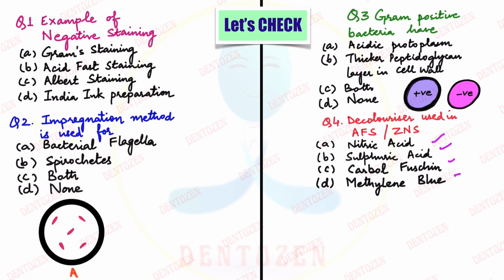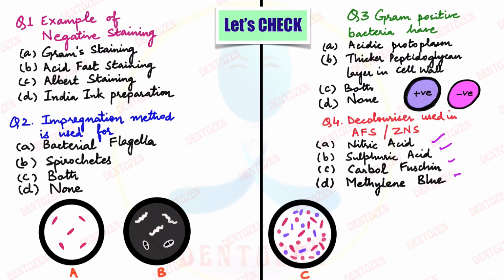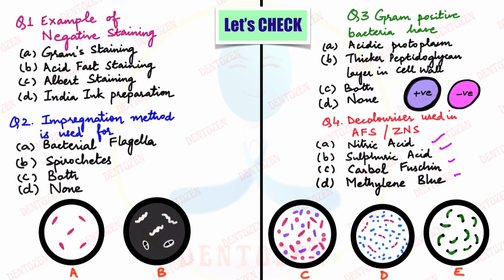First, A. Here all the bacteria are the same colored. What type of staining is that? Second, we can see unstained bacteria or their capsules against a dark background. What type of staining is that? Third, we can see two types of stains, violet and pink colored bacteria. Then fourth, we can again see rod shaped bacilli which are curved, pink-red in color with blue in the background. And the last staining, where we can see green curved bacteria with dark black granules at their ends. So